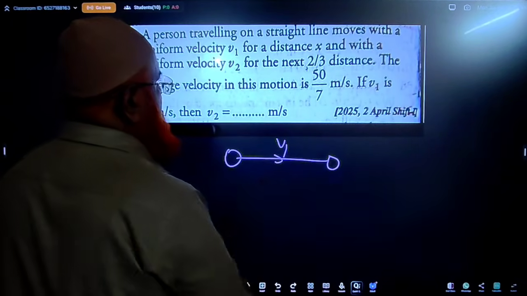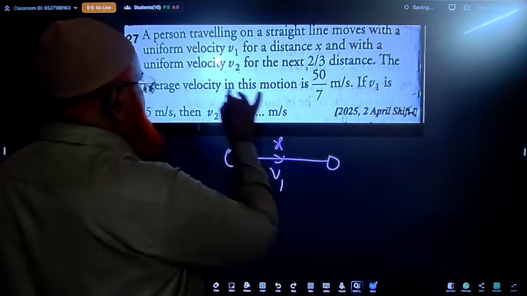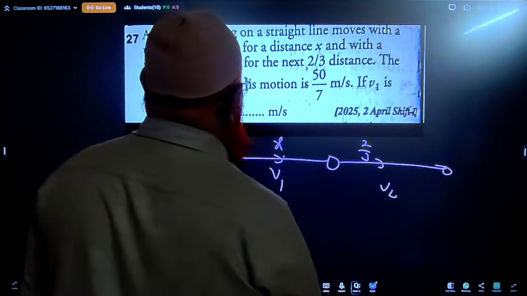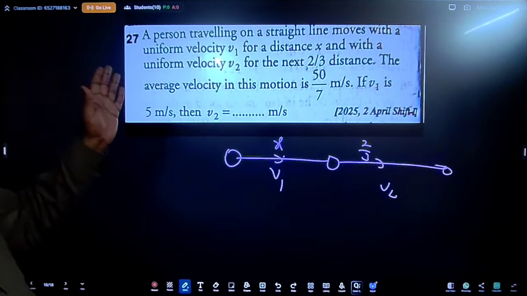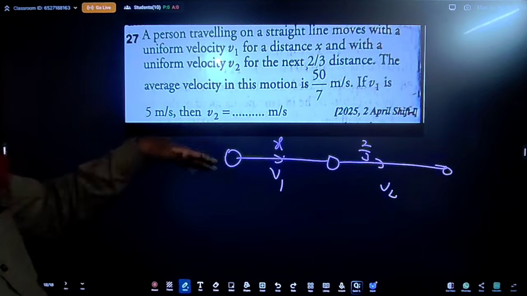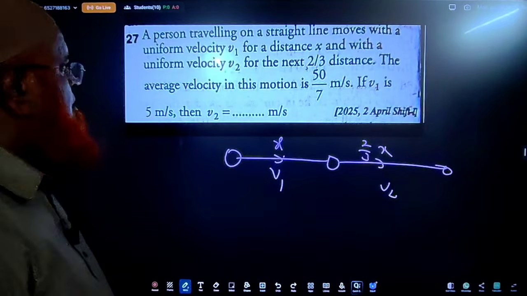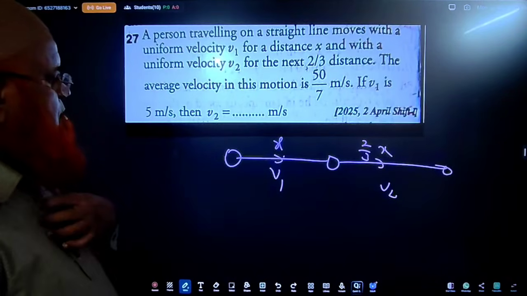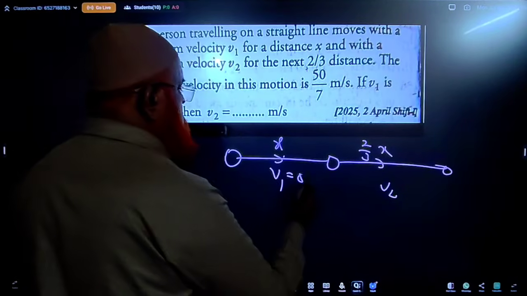It covers a distance x with velocity v1 and with uniform velocity v2 in the next 2/3 of the distance, two-third of an x. If v1 is 5 meters per second,